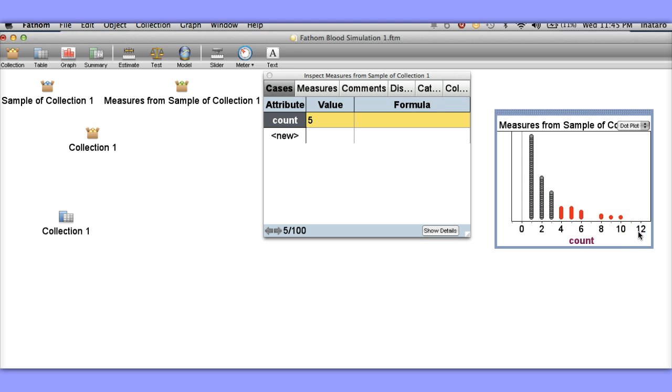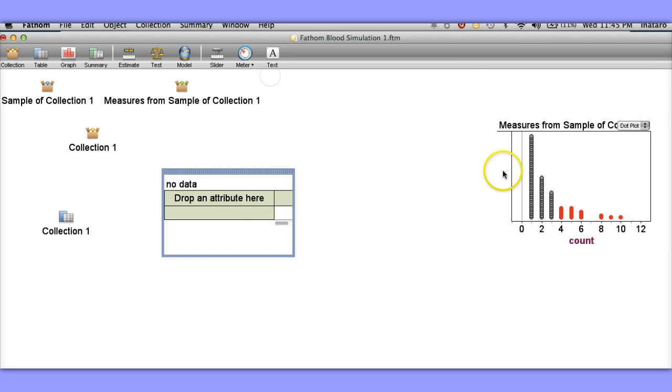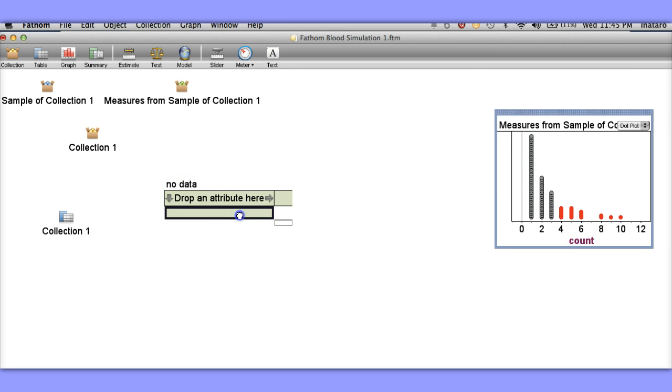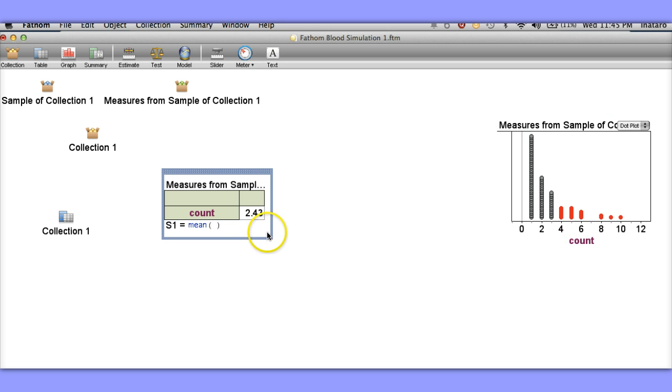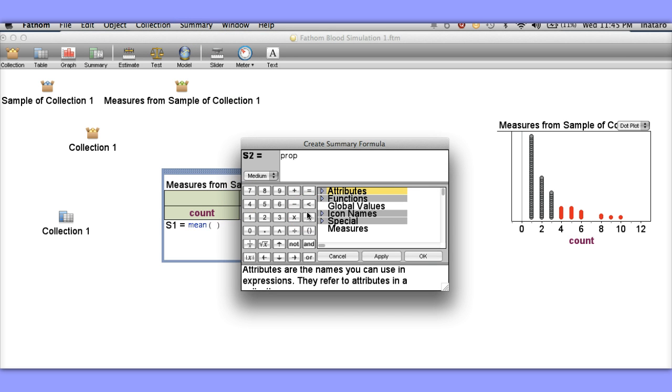And it's a little hard to count the dots here. So let's go and drag a summary table off the shelf. And we'll drag count over here. So we can see on average it would take us 2.43 blood donors to get that person with type A blood. Let's add a formula, and we want to know the proportion